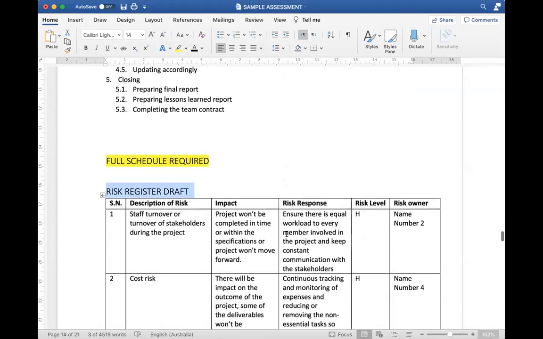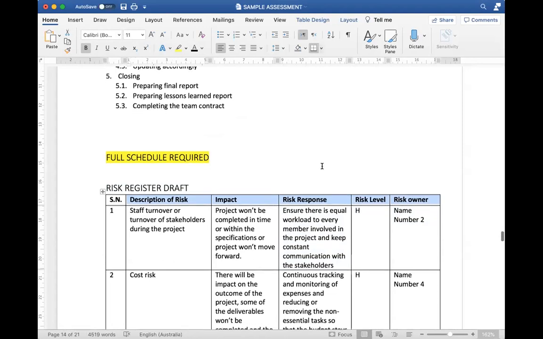Risk register, okay, there's much more that could be done. You know, impact, risk level, likelihood of occurrence, risk owner. So there's a few things here. Can you make the risk register differently? Can you make it any better? Go to Google, check any formats there. Is there anything else I could do? Maybe also add things about,